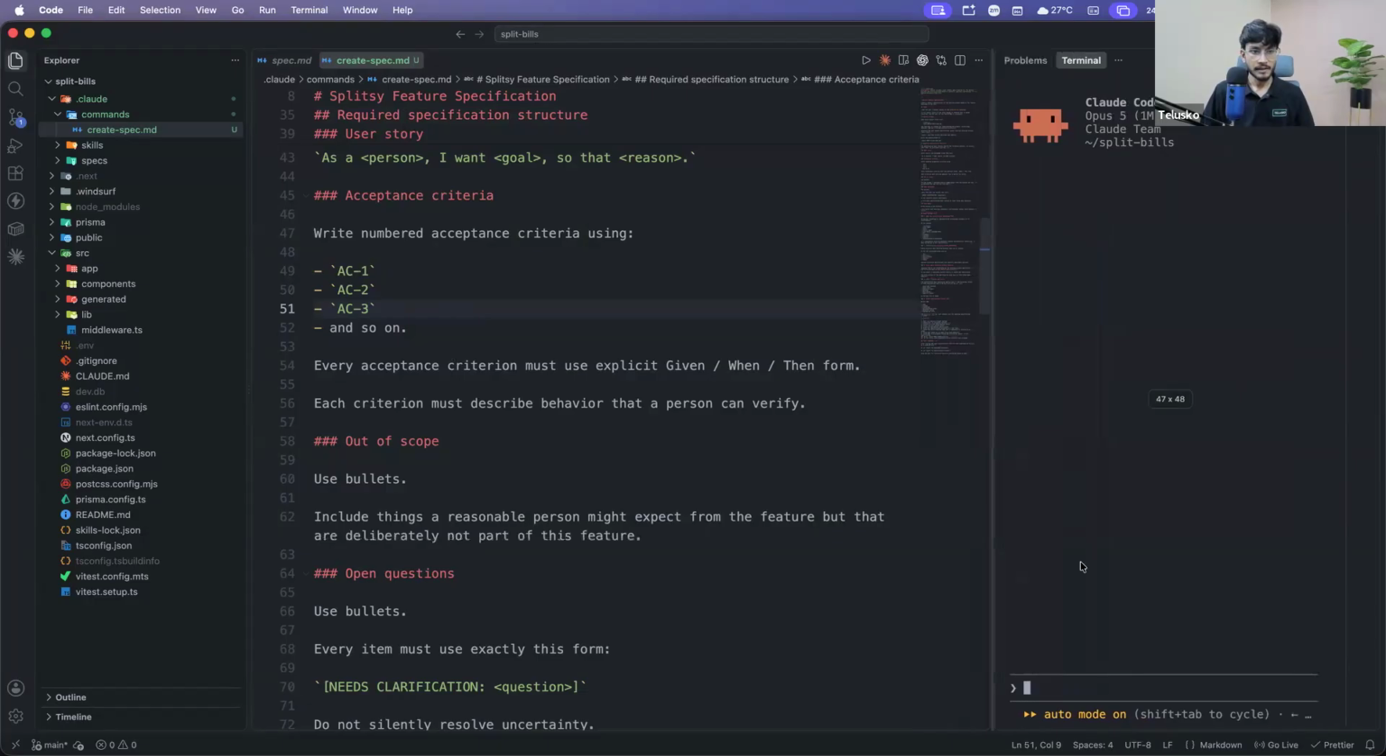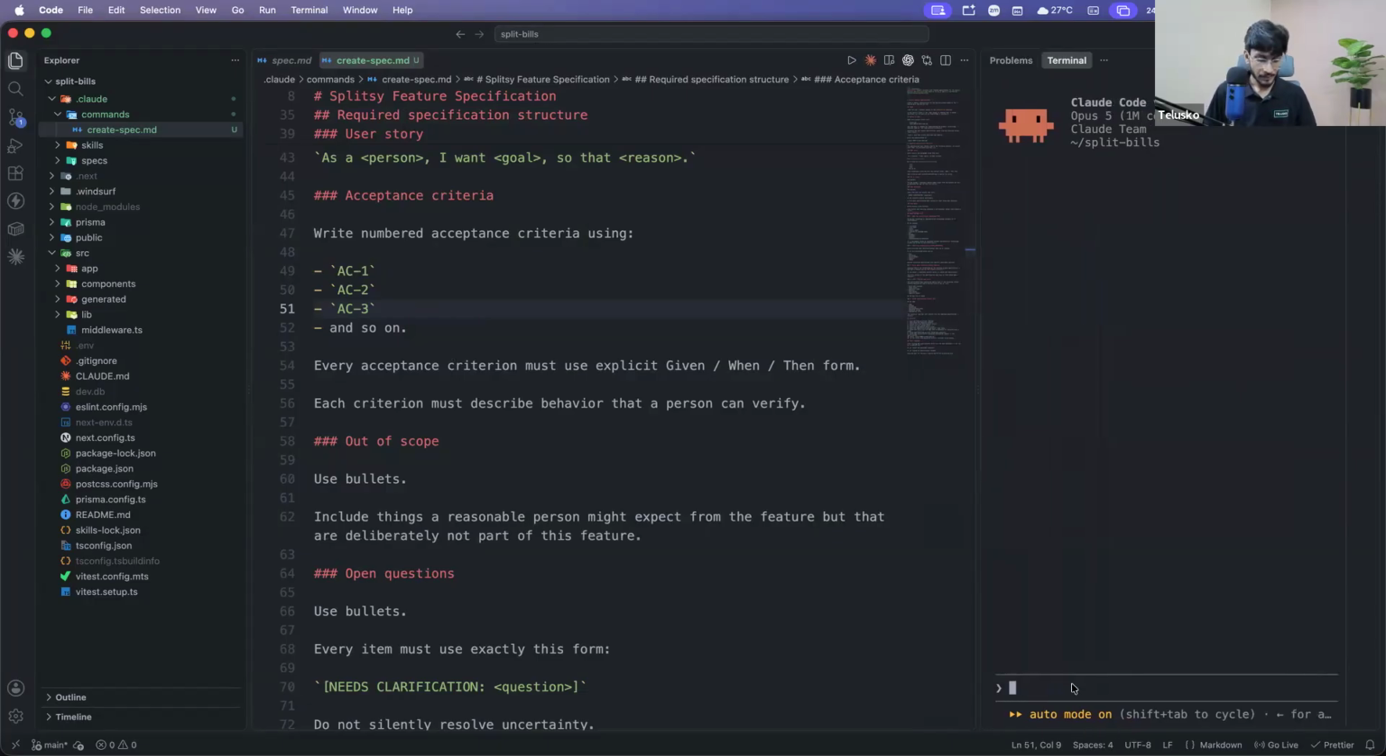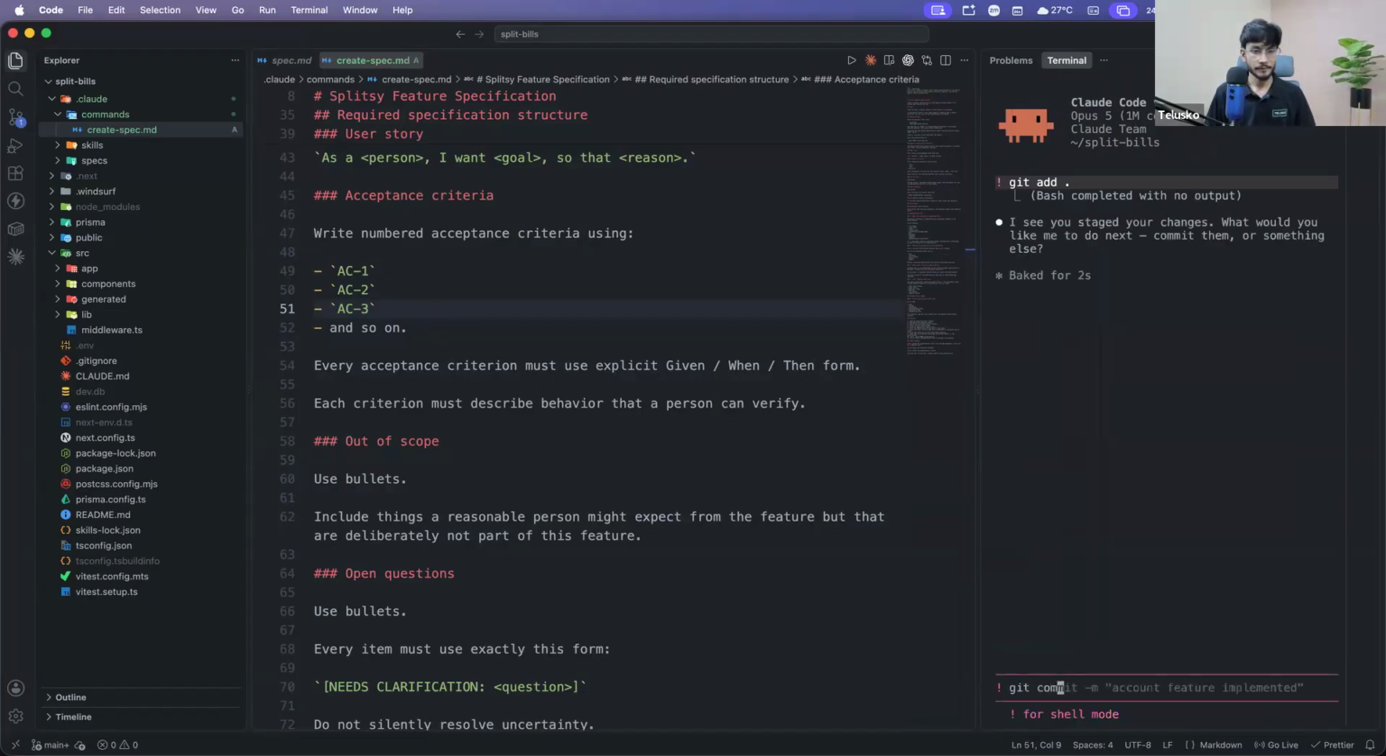So first let's commit this particular code. I'll use a shell mode here, and I'll say git add, then full stop, enter. So now it's tracked. Then git commit -m,